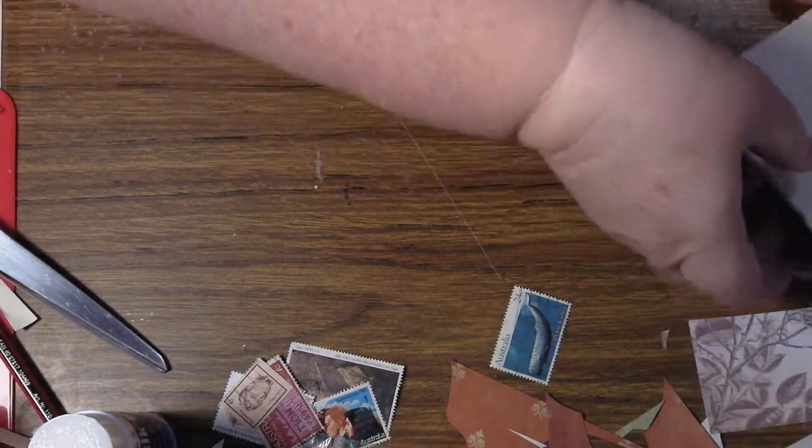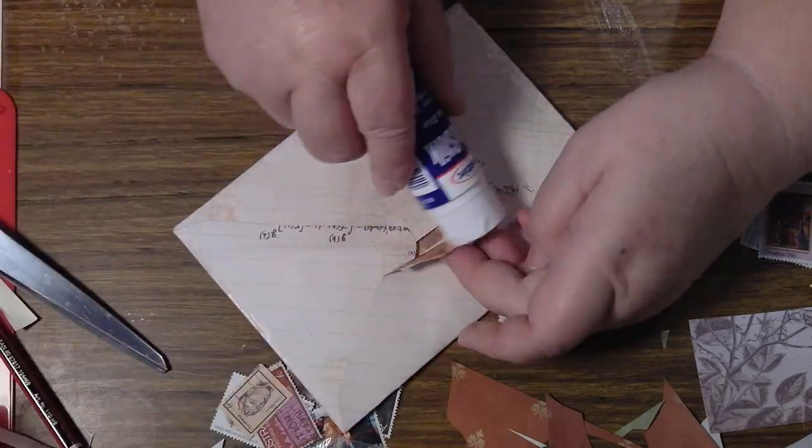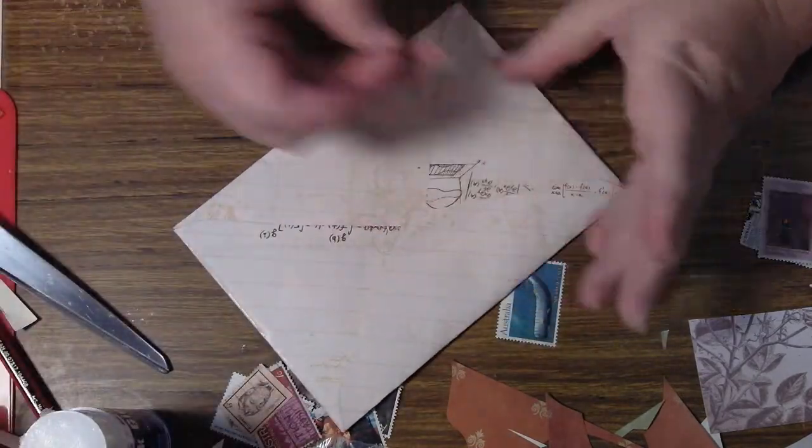Now I've got to have the base. So this was the base of it, and I think I needed to stick this down a bit better. I made this envelope out of a nice piece of